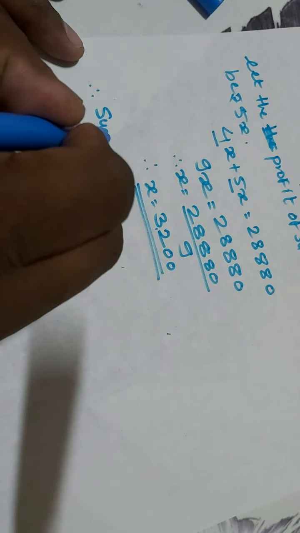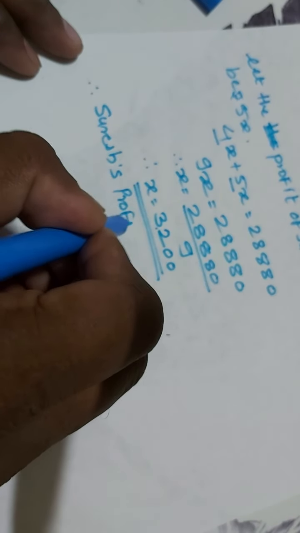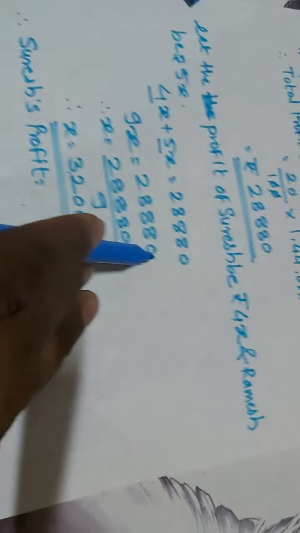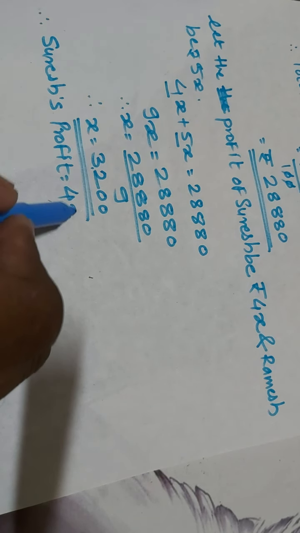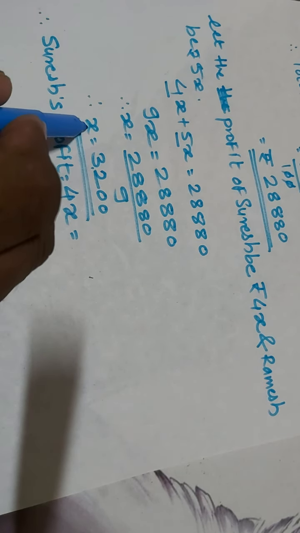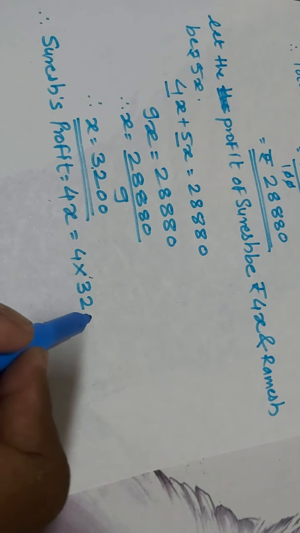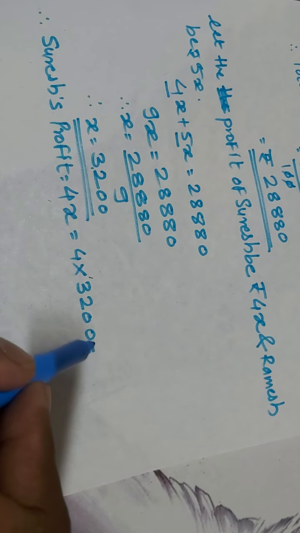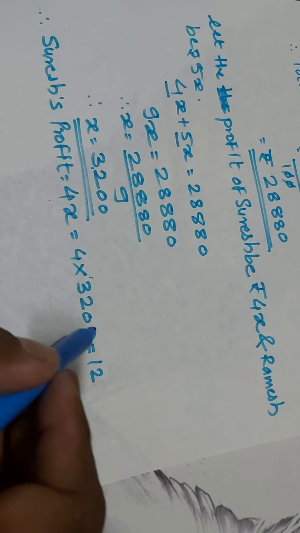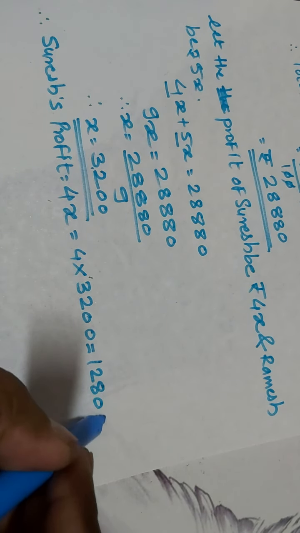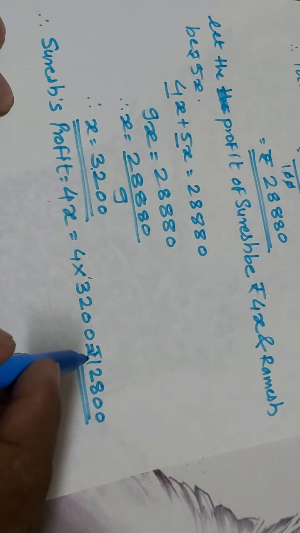Therefore Suresh profit is, we assume that is 4x. So Suresh profit 4x, we'll put the x value we got, so 4 multiplied by 3,200. Okay, so 4 3s are 12, 4 2s are 8, this 20, so this is in rupees. So now we got the Suresh profit in rupees